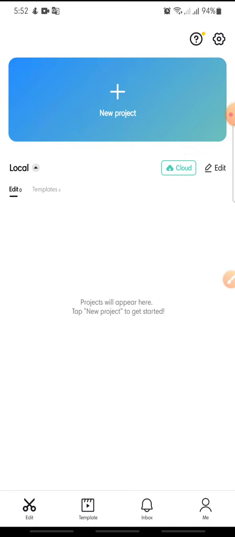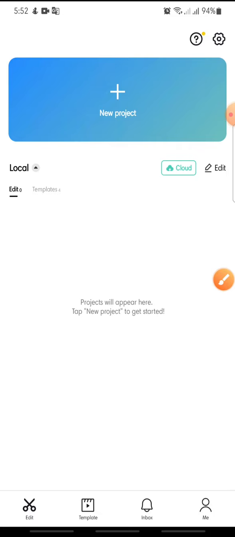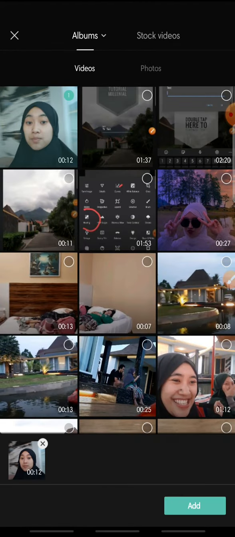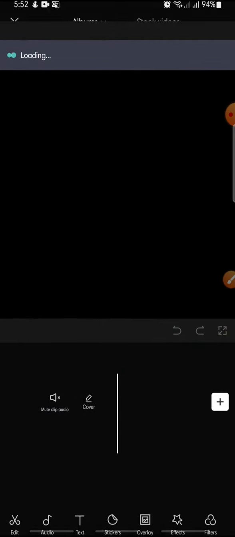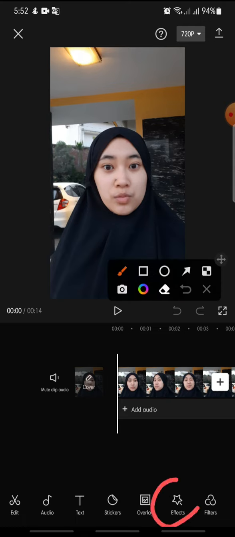So let's get started. First, open your CapCut and then click a new project and add the video that you want to edit. This one, click add at the bottom. Now in this video I wanna add electric eyes effect, so you just click on the effect at the bottom,